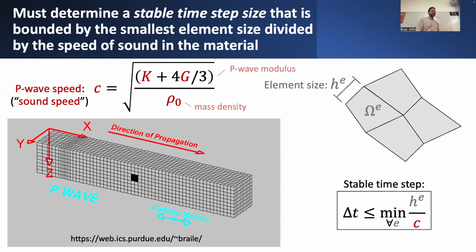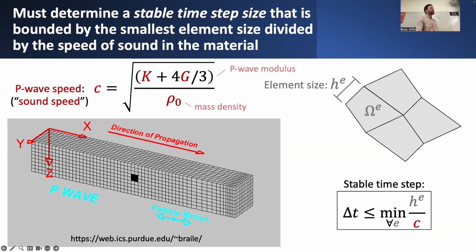So in general, if you were trying to determine what this stable time step size is, it turns out you can figure out what it is. Mathematically, you could show this and develop an upper bound for the smallest stable time step that I can take, or rather the largest stable time step that I can take. But it's bounded by the dimension of the smallest element in your mesh divided by this so-called pressure wave speed,